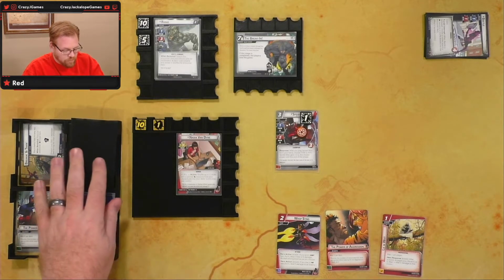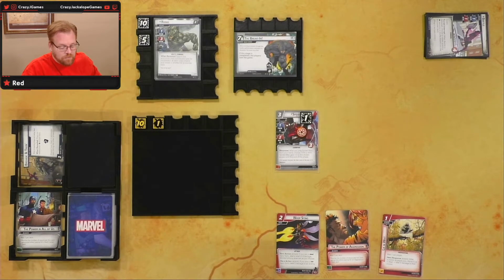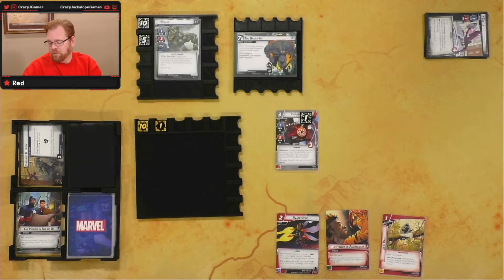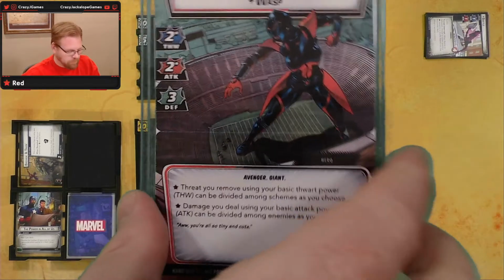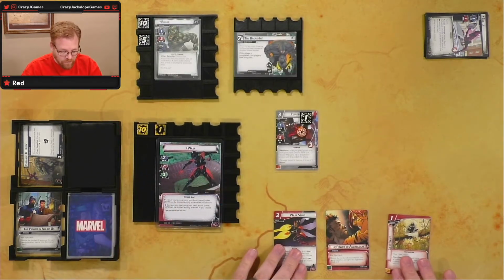That doesn't do me a whole lot of good, but I do 1 extra damage in Little Wasp form. If I go Big Wasp, I have a lot of defense. I think I'm going to go Big Wasp. So we're going to change form to Big Wasp. All right, so if you remember correctly, what Big Wasp has the ability to do is the threat and damage from your basic thwart and your basic attack can be divided up amongst enemies. Right, not a huge thing now, because there's nothing else on the board, but it could be a thing